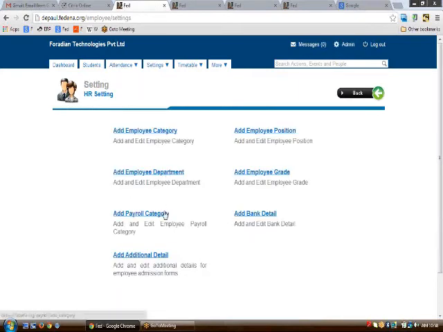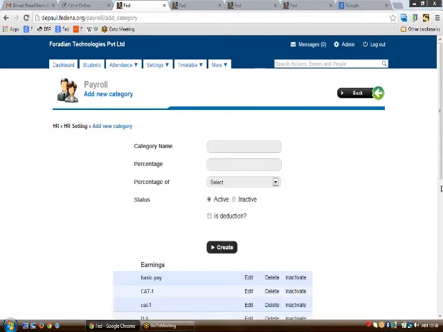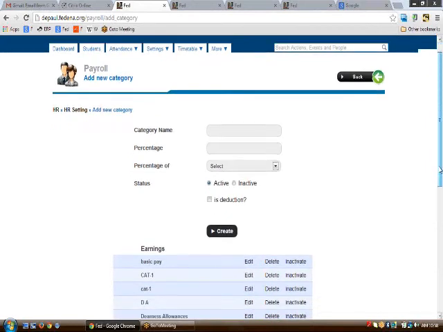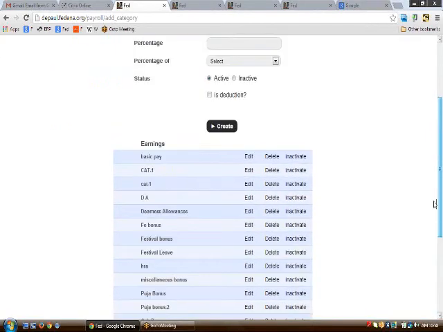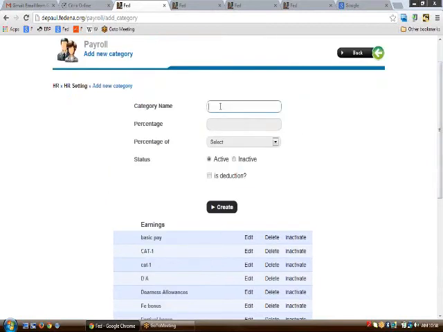Then comes the payroll category. In payroll category, you can create different categories like the basic pay, the category 1, the category DA, and all. To create a new payroll category, you can just go to the category name. Let us say that I want to create a new category with the name of Diwali bonus,